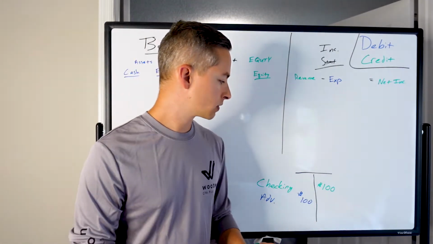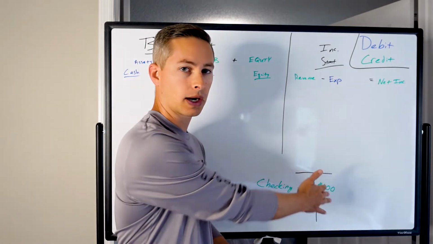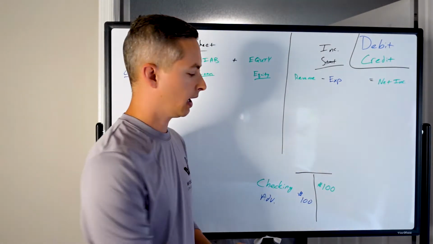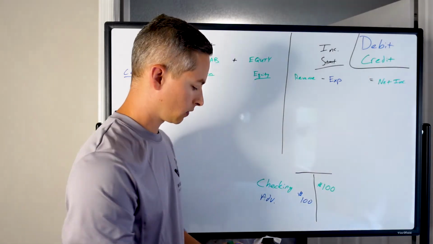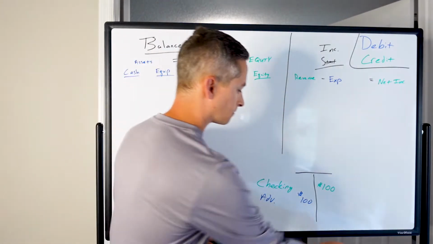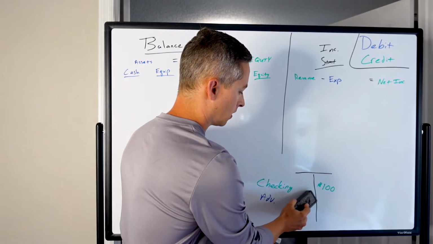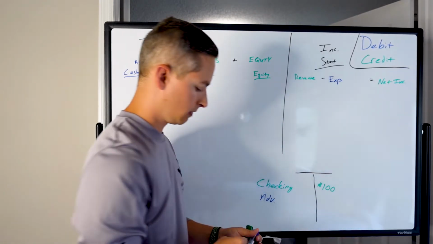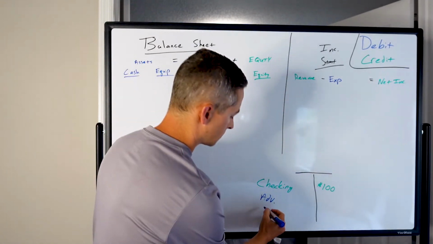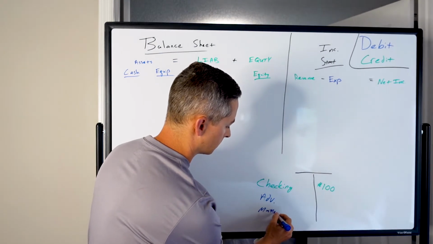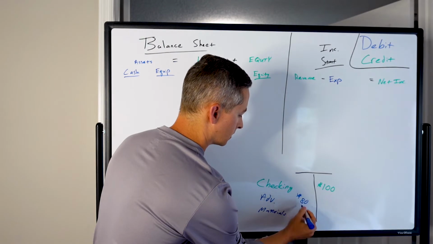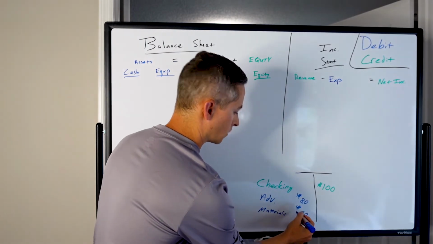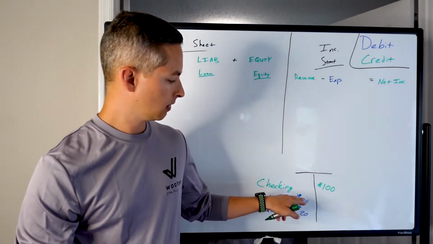Now, again, double entry accounting, they kind of have this left and right hand side of the transaction, and whatever happens on this side has to equal what happens on this side. So kind of the same thing I just mentioned. We could write a $100 check, and it could be for advertising, but also for materials. So if we spent $80 on advertising, then we must have spent $20 on materials, because again, 80 and 20